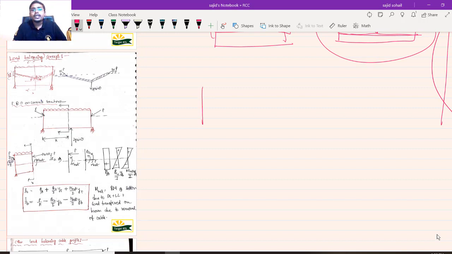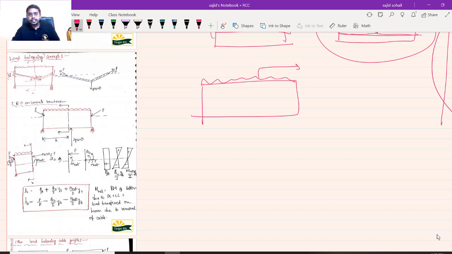So if you have a concrete beam and it is subjected to certain loading, let me make it very clear, this loading is live load. Dead load you have to calculate always. You know the density of concrete, multiply with dimensions, you will get the dead weight of your concrete. Not at all a problem, right?